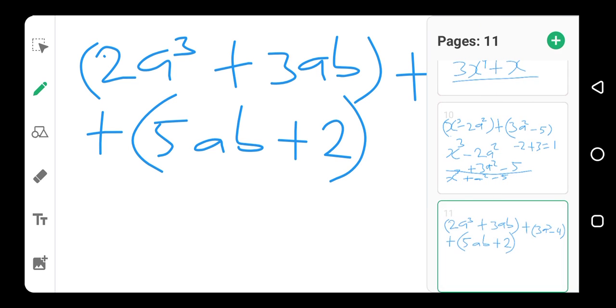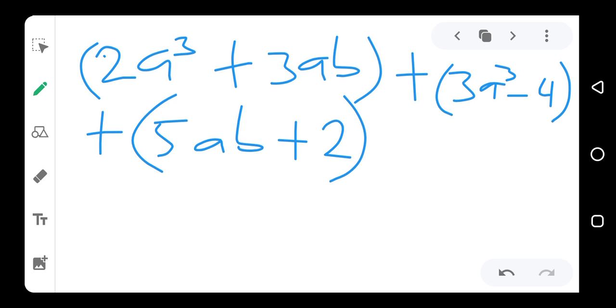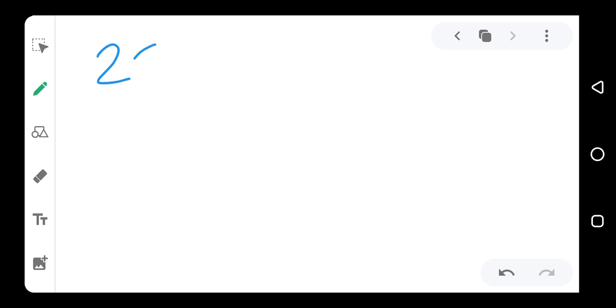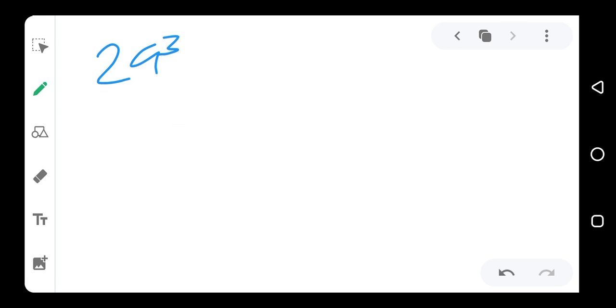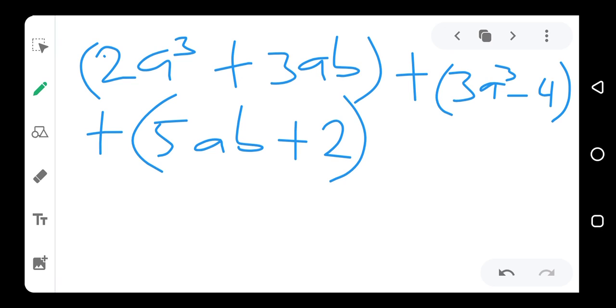Now what we do is still the same. We start with the first term, 2a raised to power 3, 2a raised to power 3. Is there any other one that has the same variable a and the same power 3? Now we have 3a raised to power 3. So we put it under it, 3a raised to power 3. No other one. Now we go to the second term in this expression,